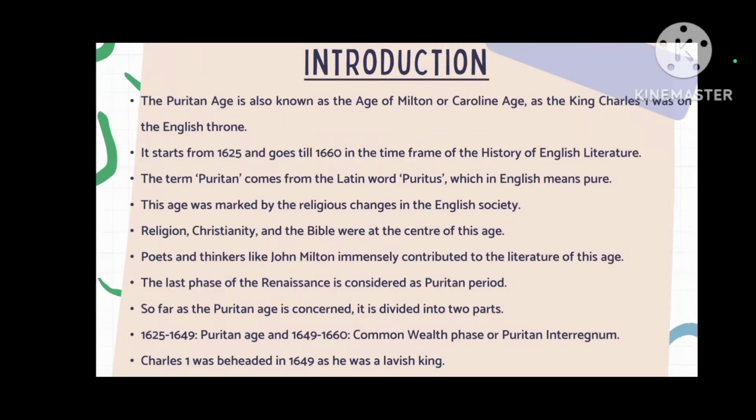As I told, during this time, the religious people, the church people, the priests, Christianity, and the Bible were at the center, and because of that, there were many religious changes that took place during this time. Literature was also centered on religion. Before this period, the Bible or Christianity was not at the center,